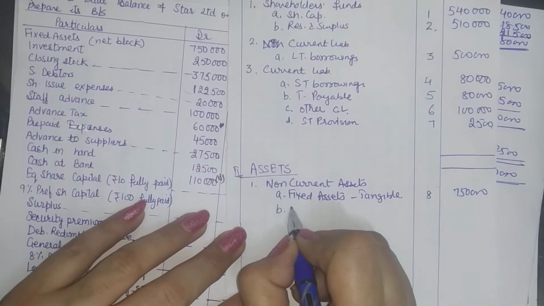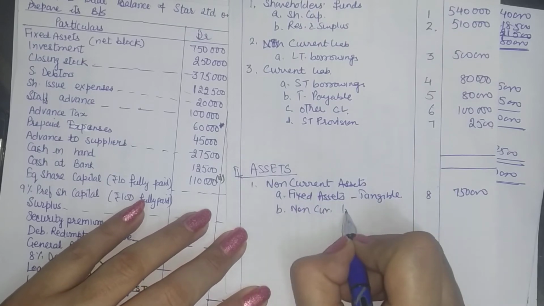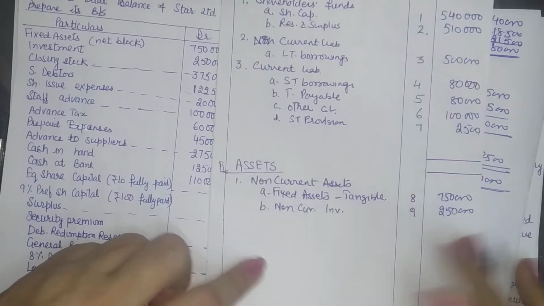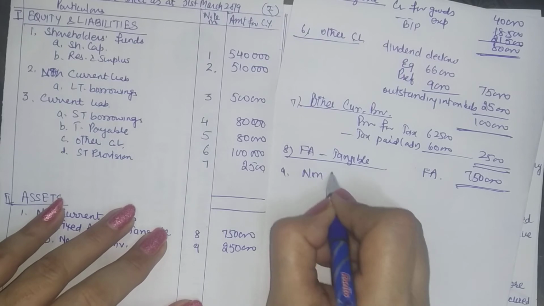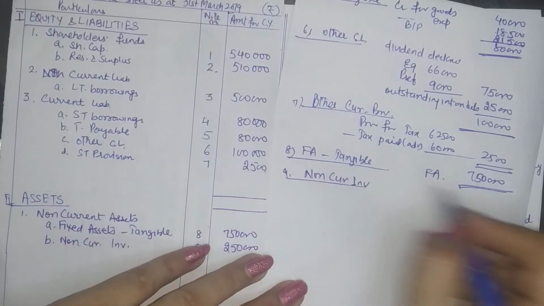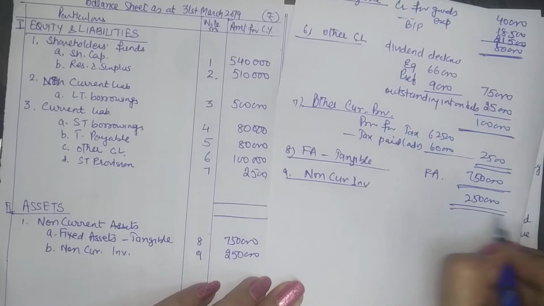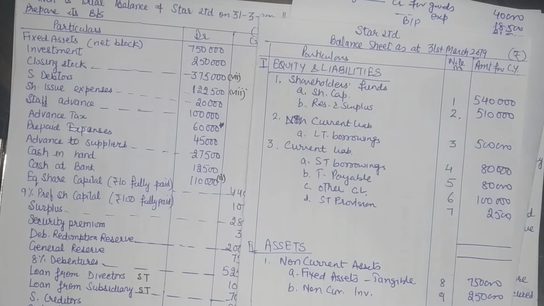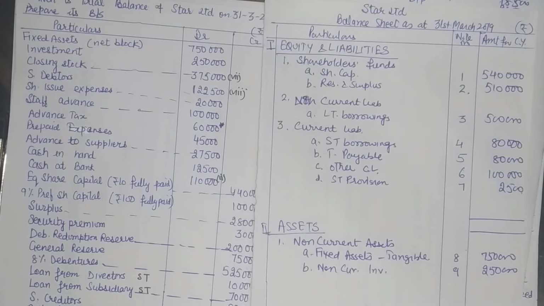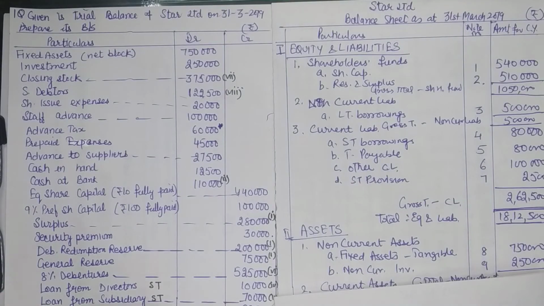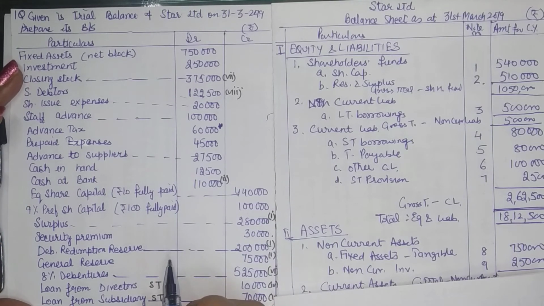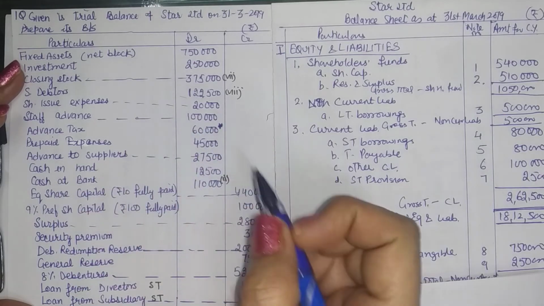Next component here is non-current investments. We are also given that, and we know that there is no adjustment, so we can simply write it here, and in the notes also we will record non-current investments. Amount is 2,50,000. Okay, then you have next category herein deferred tax assets, long-term loans and advances, and then you have looking at other components. So none of other long-term assets are there, so we can now start with the current assets.